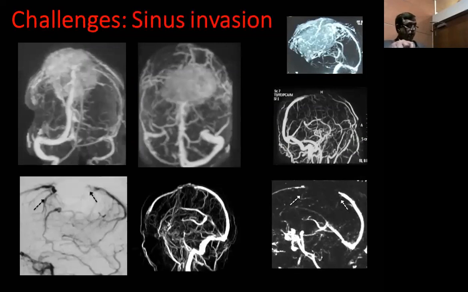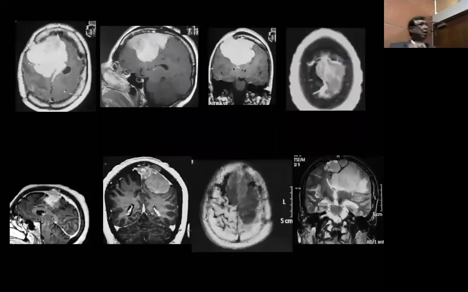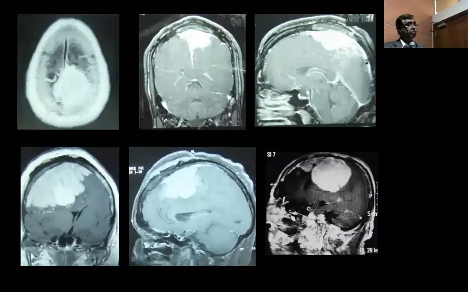If you damage this vein or this vein, that's the end of the patient, because this patient is depending on these collaterals to survive. So if you just take this tumor and damage this or that, that's the end of the patient. These are my cases. I don't borrow photos from books or journals. These are my genuine cases, and you can see the sizes that we have of these parasagittal meningiomas. They are a real challenge. Like this, this is type 6, closing the sinus and crossing to the other side.